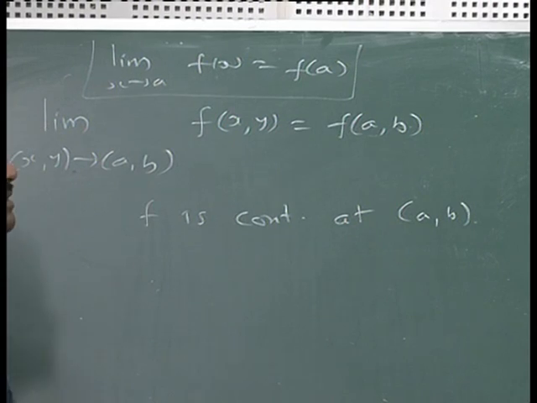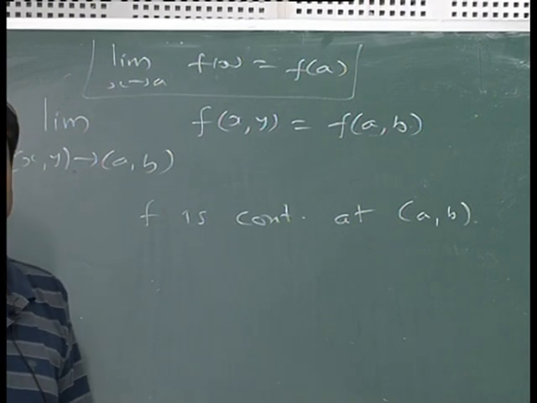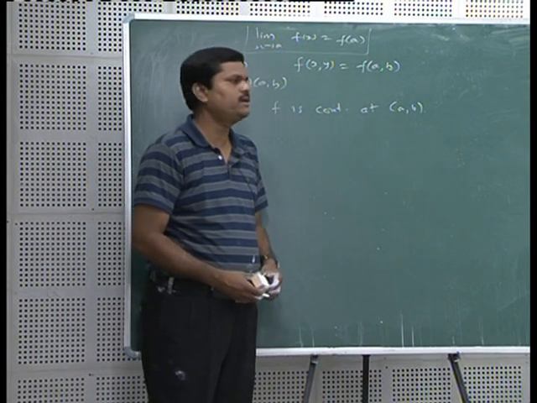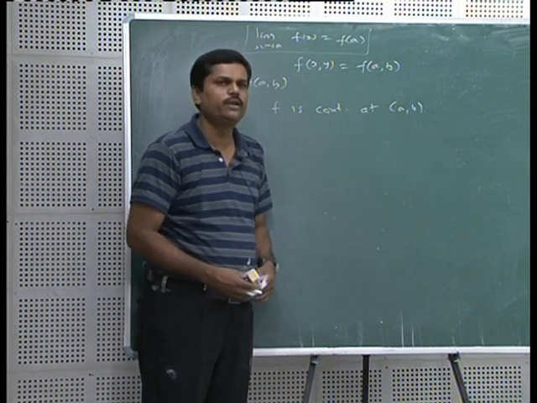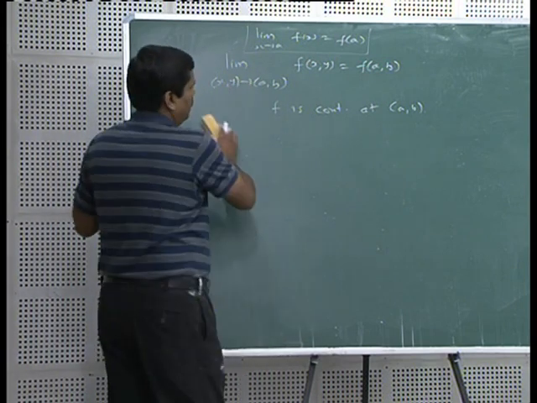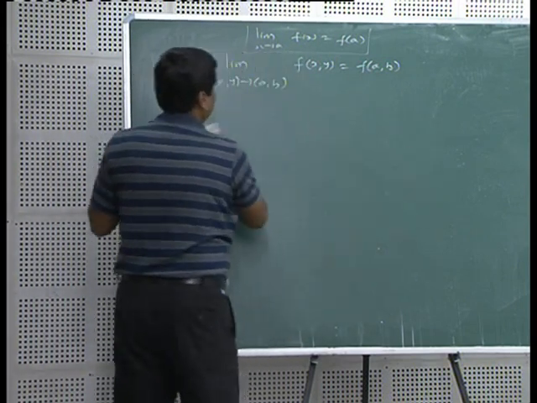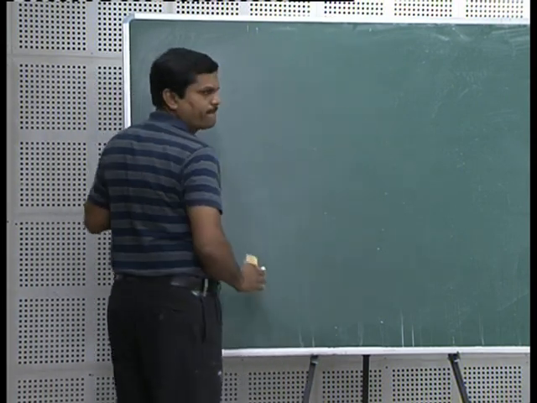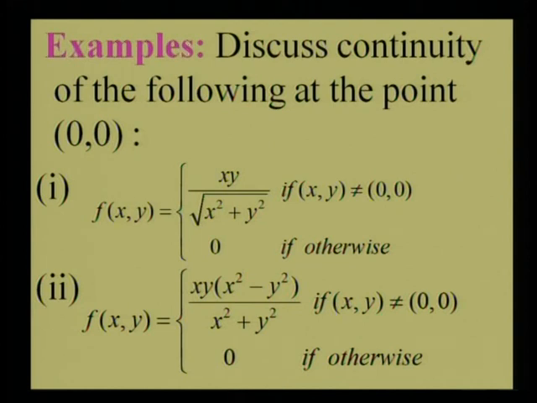and if a function is continuous at every point in the domain, then it is said to be continuous on the whole domain. Okay. Now, let us see how to discuss continuity. For that, let us consider some problems based on the definition of continuity and limit, which you have seen in the last lecture. You can see on the screen. Discuss continuity of the following functions at the same point (0, 0). All the continuity we are going to discuss is at the same point (0, 0).